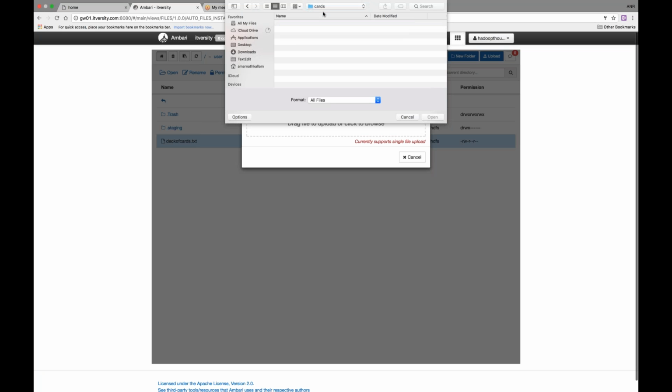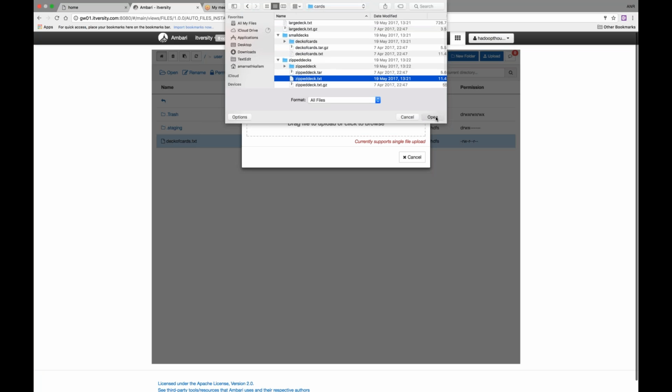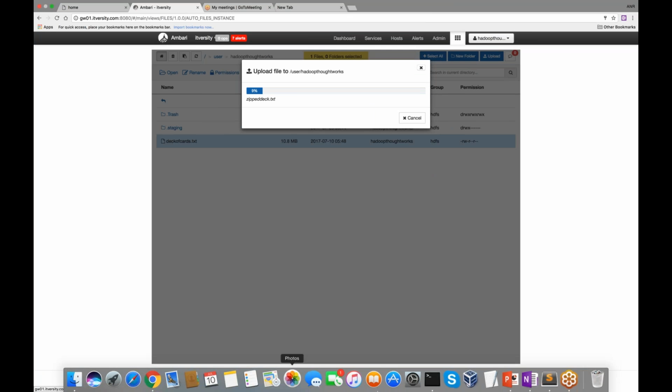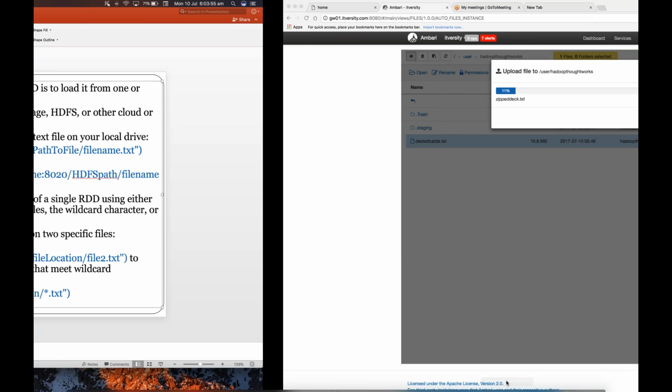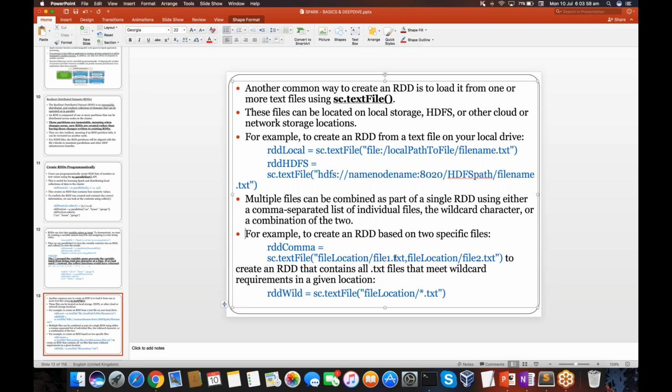go to cards, put zipped cards.txt. Okay, it will upload for some time. After uploading, I'll show you that. Don't worry about it. Thing is very simple. You just have to give a comma. This is user ThoughtWorks deck of card.txt, comma user ThoughtWorks, Hadoop ThoughtWorks, the new file name. Okay, now